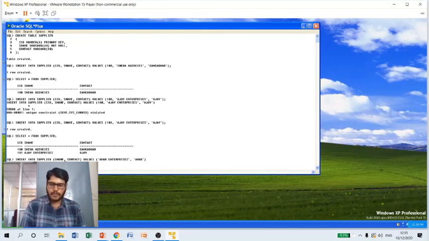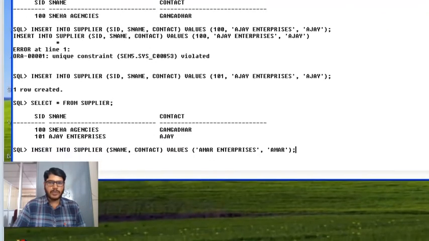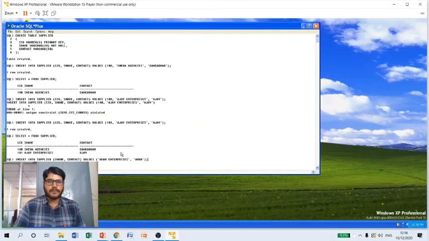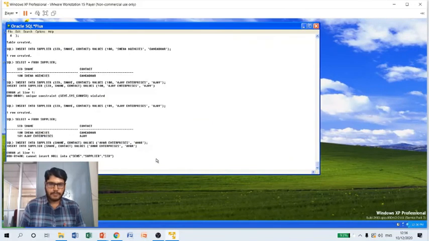If you observe now, I'm trying to insert the next record by skipping the value for SID. That means I'm trying to store null in this SID position. For the rest, S name and contact name, I'm going to mention the values Amar Enterprises and Amar. Let me see whether it is going to include this record. Let me execute this.